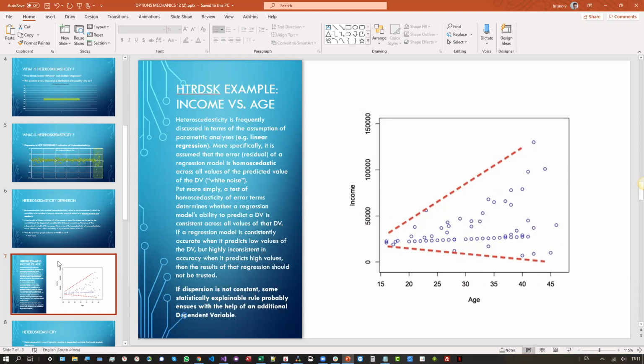And so we can understand that there can be a dispersion in this income versus age chart. But now for financial data, that is actually more complicated. As I've just said, the VIX generally is not a dependent variable for the dispersion in prices, and certainly not on a day-to-day basis.